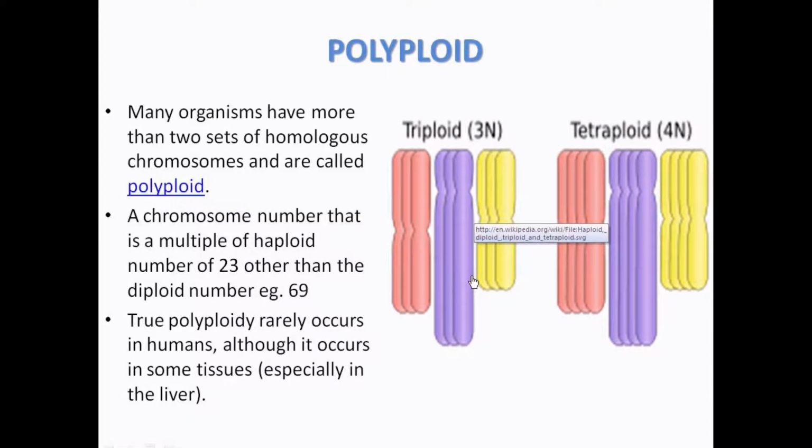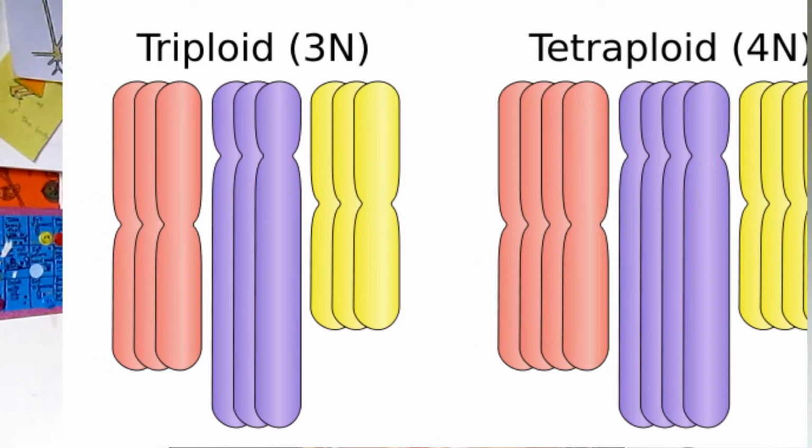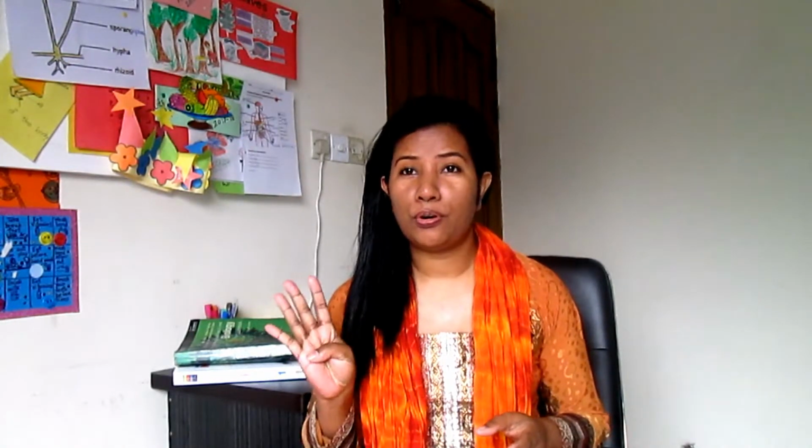And if two such gametes fuse, then the zygote gets four complete sets of chromosomes, and it's said to be tetraploid, okay? Tetraploids formed in this way are often sterile, as therefore there are four of each